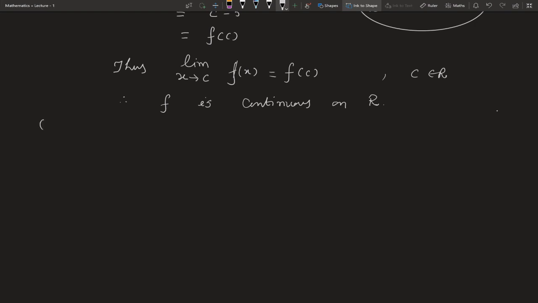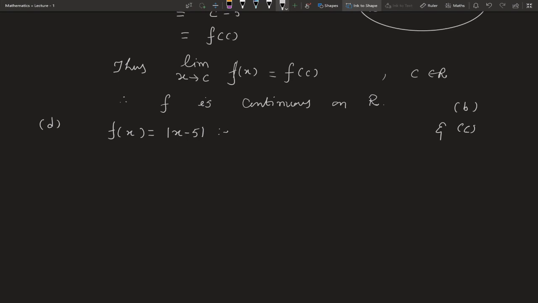Now we take the next example. Similarly, you can solve B and C. Now let us solve example D. Again, the function is f of x equal to mod x minus 5. So the question is only that we have to examine this function for continuity where it is not given.